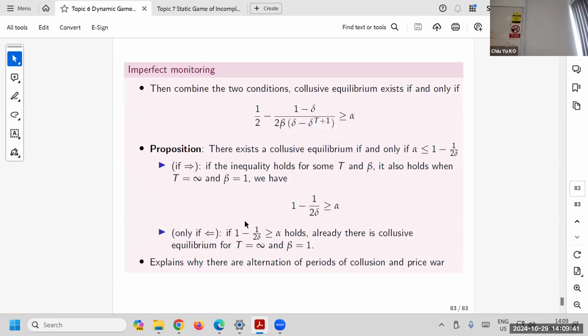And you can see if alpha is small, then it's okay, right? Because alpha means bad time. So if there's not too much bad time, then we can collude. You can imagine if alpha is super big, then no matter what you do, you always get 0, then I cannot sustain punishment. Only if the thing we can't control is not that high probability can you do it. And it depends on patience as well. So this is the idea.